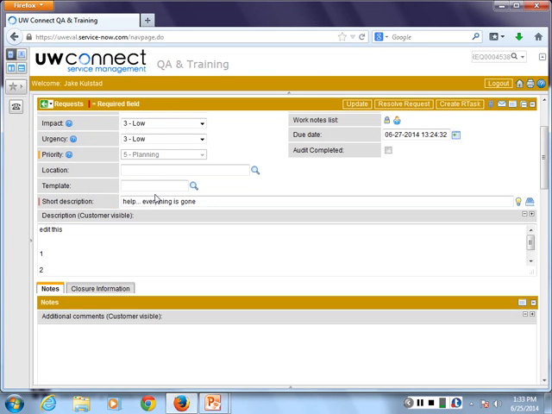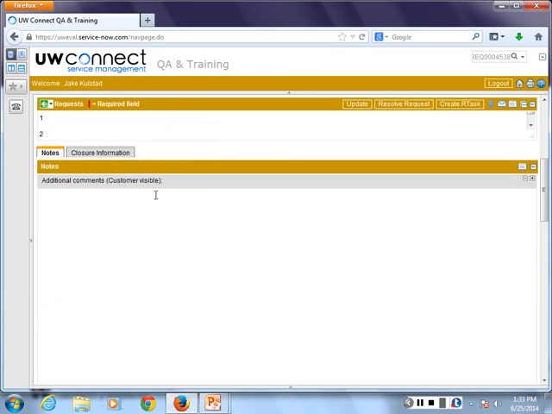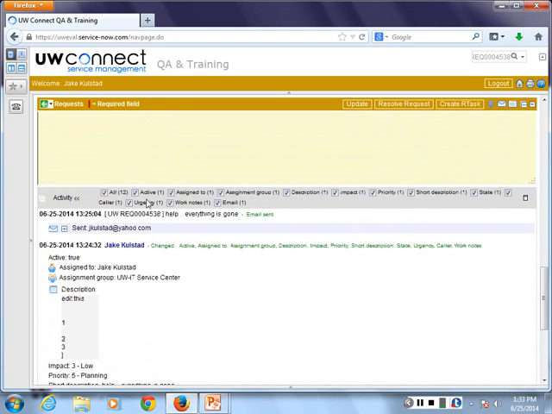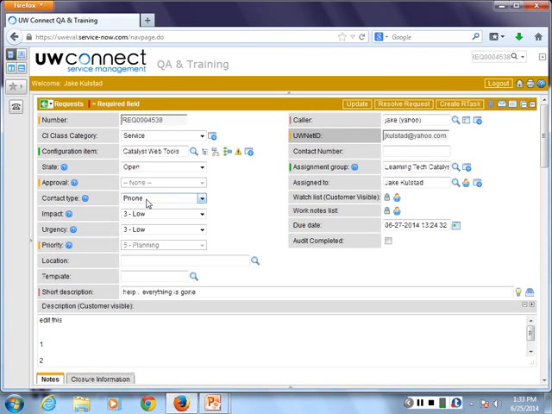This record has already been inserted one time. So if you look down the log, they did get an email initially when this request record was created. If we just make simple updates to the record, including changing these form fields, it's not going to generate an email. So I just want everyone to be able to predict when customers will be emailed. It's very important. So you can all right-click and save.